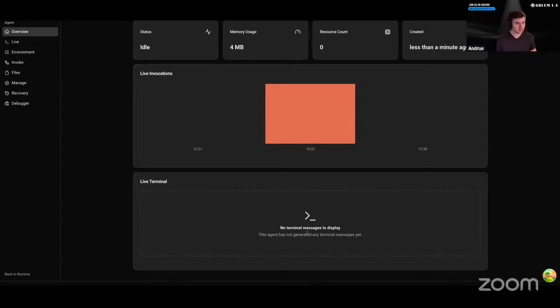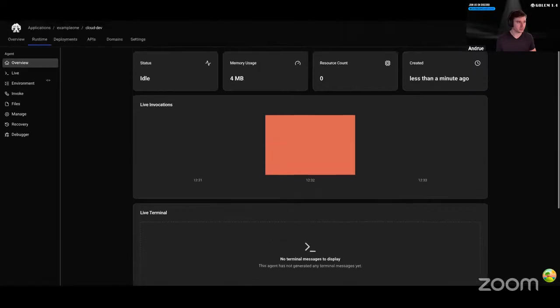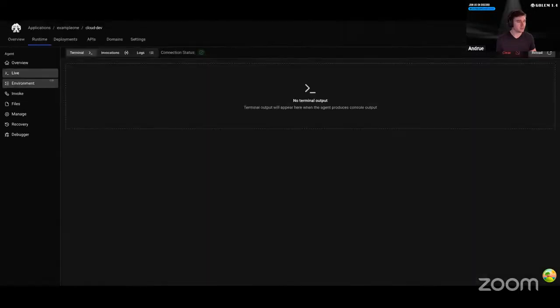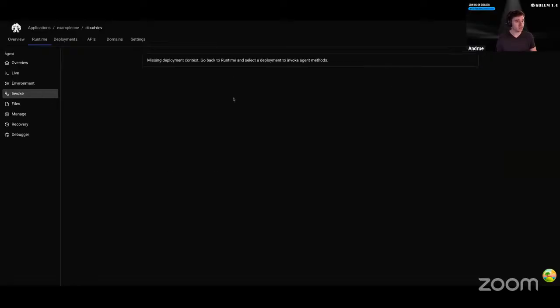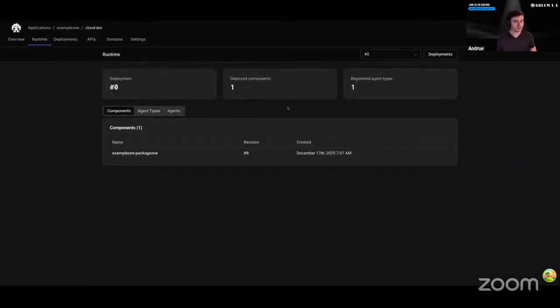And if there were any live messages coming out of our agent, you would see them here in this live terminal. Likewise, if you go to this live panel, you can see the same view here, live terminal output, the invocations that have been made so far. And this would be application logs, things that come out of console.log. We can view environment here. No environment variables set because I didn't set any when I made this. You can also invoke this agent. Looks like I forgot to select a